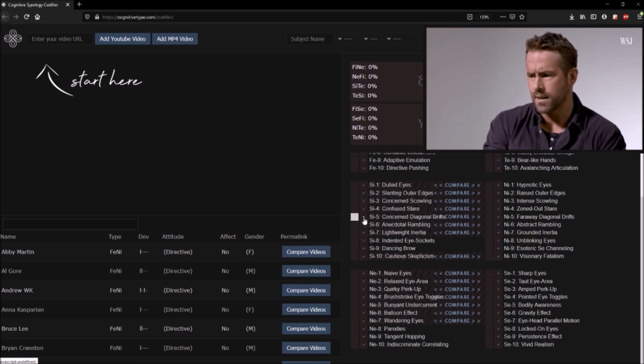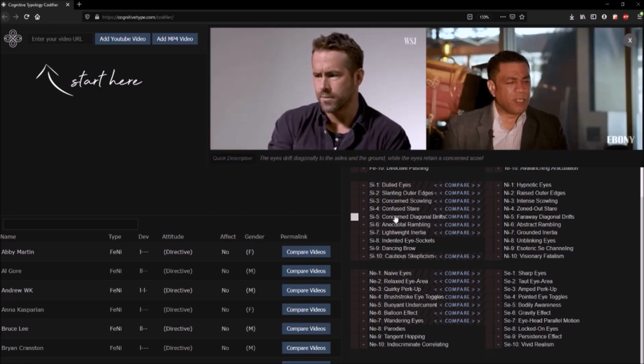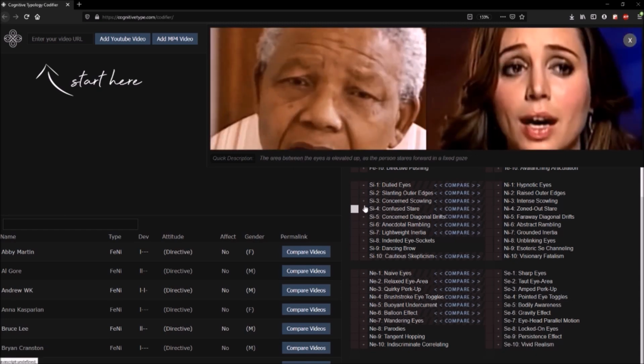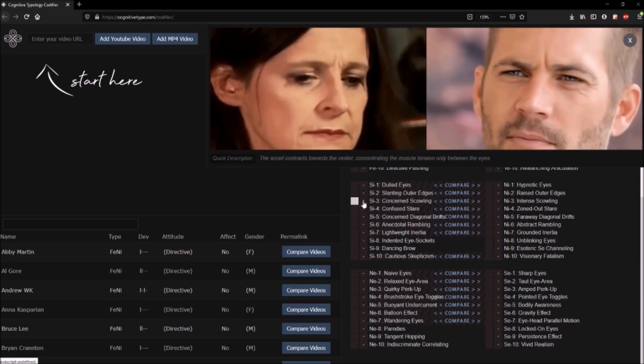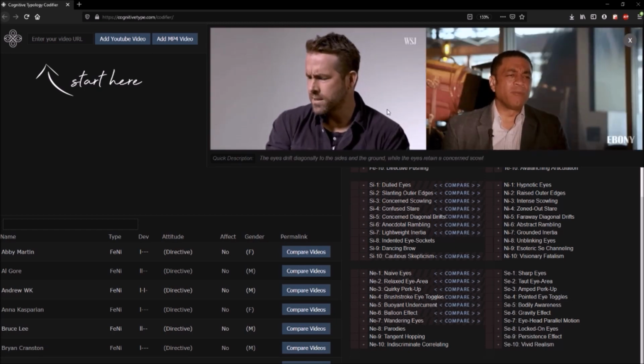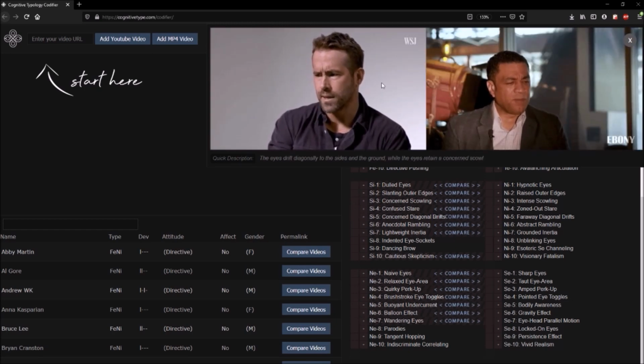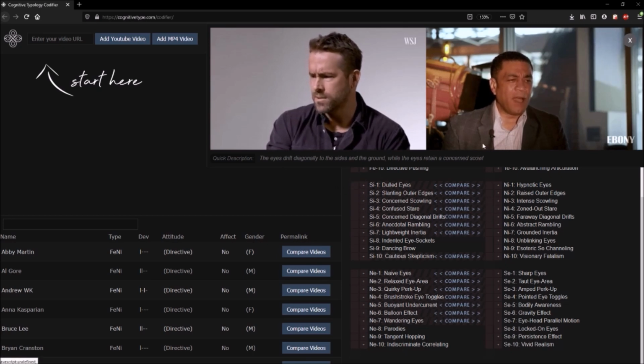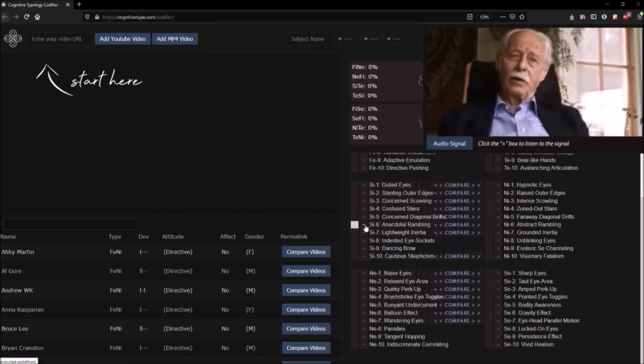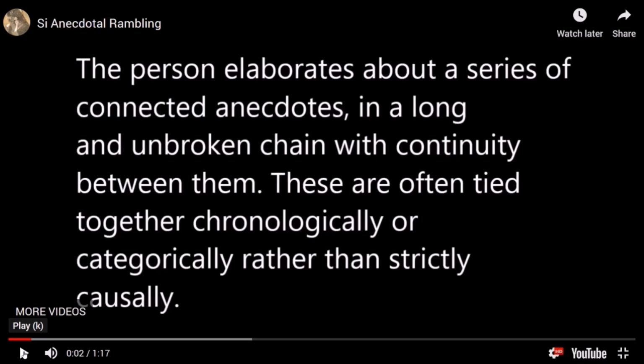And the opposite's true of SI5. The concerned diagonal drifts happen when there is either a confused stare or a concerned scowl, or both. So we're looking at the conjunction of the diagonal eye drifts with the qualities of SI or with the qualities of NI as described in the above signals. Next pair of signals are SI6, anecdotal rambling, and NI6, abstract rambling. We read here, the person elaborates about a series of connected anecdotes in a long and unbroken chain with continuity